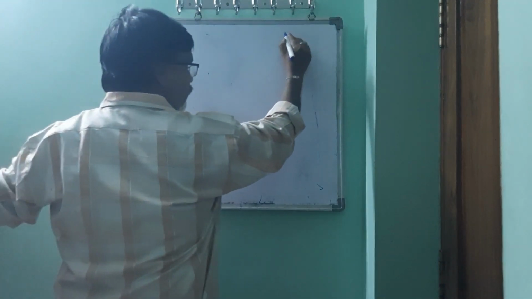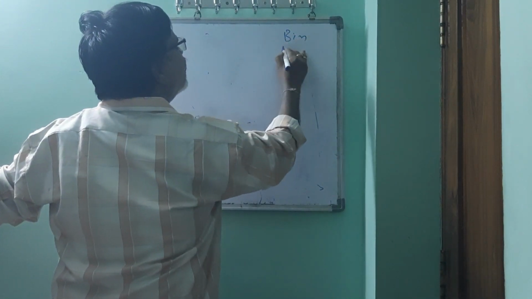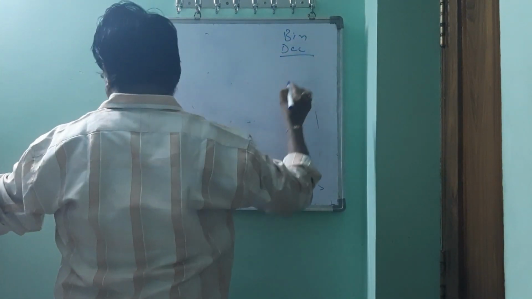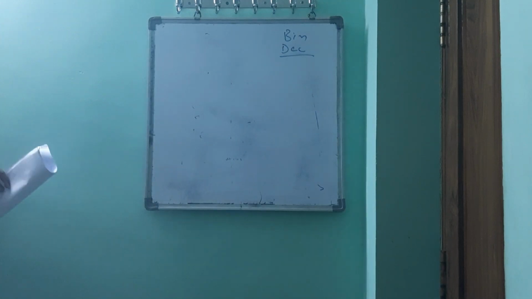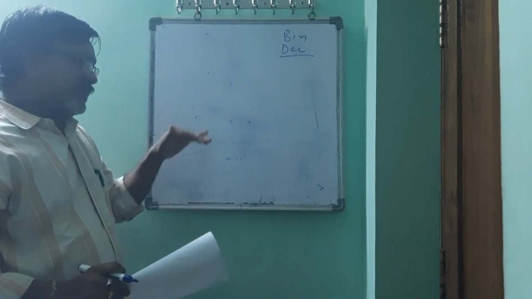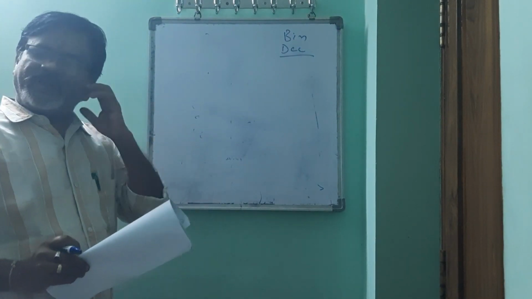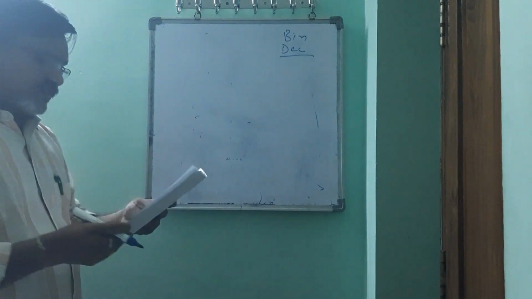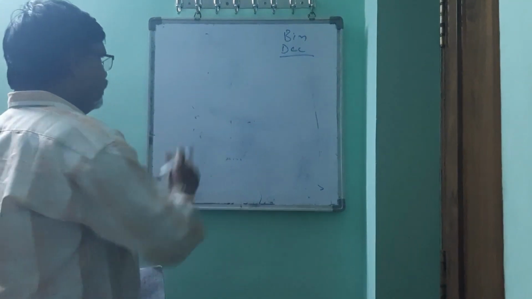And our major concentration is on binary and decimal for finding the r's and r minus 1's complement, and also for performing the subtraction. Whatever procedure we follow, the same procedure will be implemented for the octal and hexadecimal systems also. Say, for example, you take